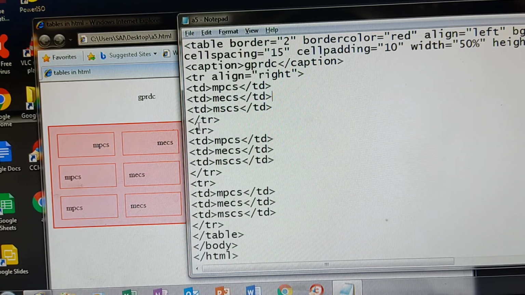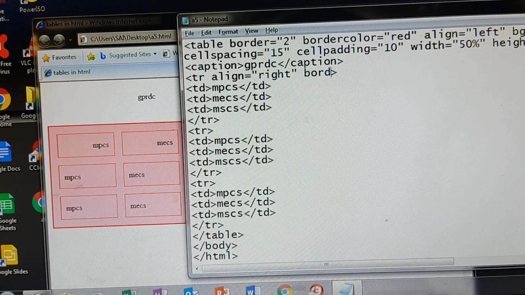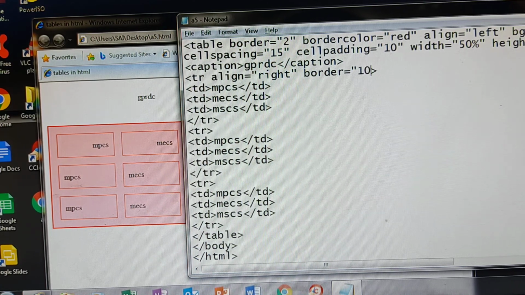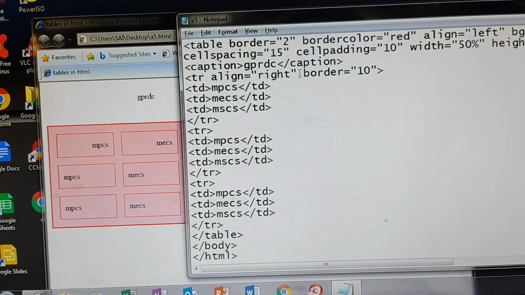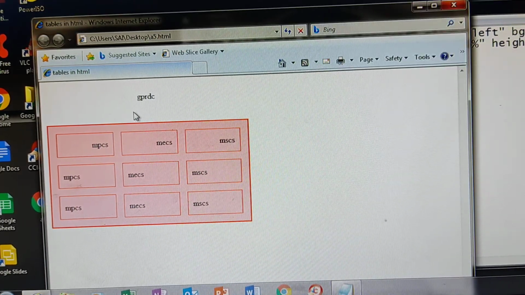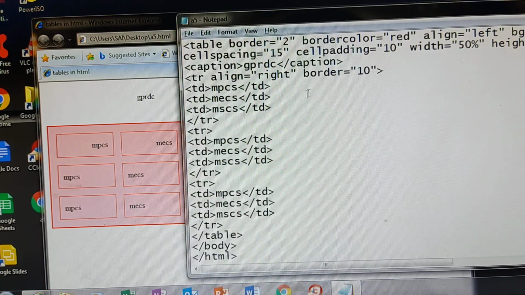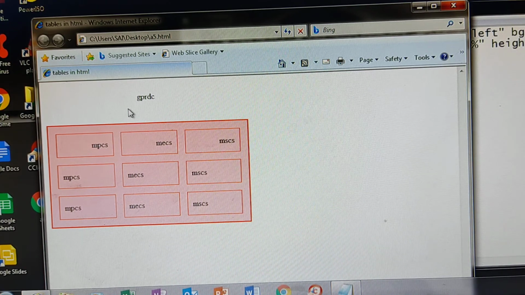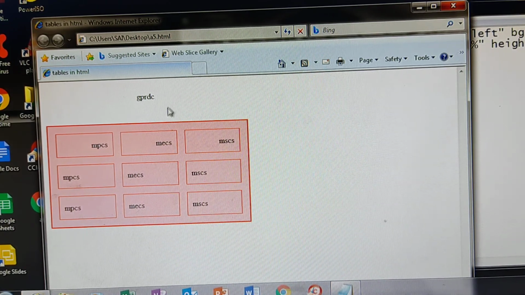Okay, now I will give the colors also. Border equals to, here how much border have I given above? 2, no? Here I am giving 10. Save it, come to the browser and refresh this. Border 10. It is not coming.